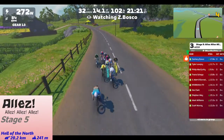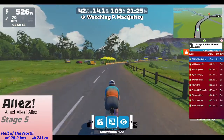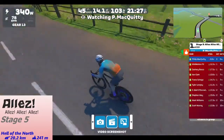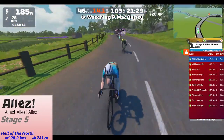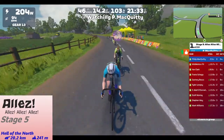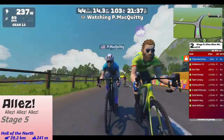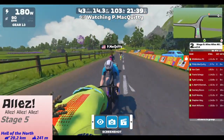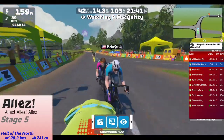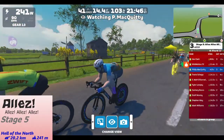Here we go. One's attacking. Phillip making another move off the front here with that Canyon Aeroad, and we've got Fit or Wild Motion Fit coming with them with that sick looking do. Look at those dreads. Think those are most Aeroad? Who knows? Then we got the nice do of